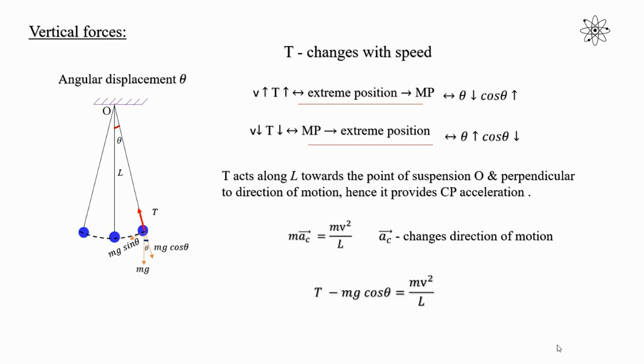So from this I can write T, the tension, minus mg cos theta is equal to m v square upon L. This is an important equation that you always have to remember, student. Here, it is not necessary that during the motion, tension is completely balanced by mg cos theta. But the tension is always greater than or equal to mg cos theta. If it is not so, then no centripetal force m v square upon L is present. If this centripetal force is not present, it is not possible for the bob to perform circular motion along the arc.